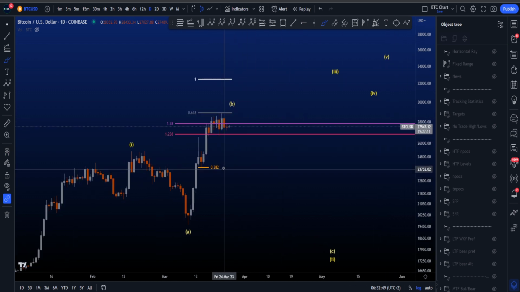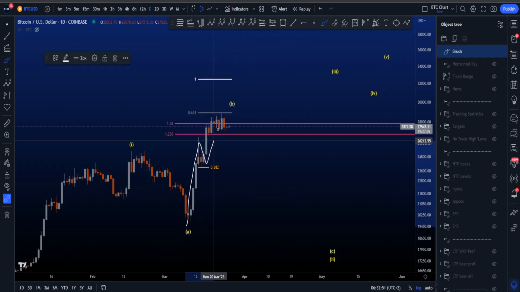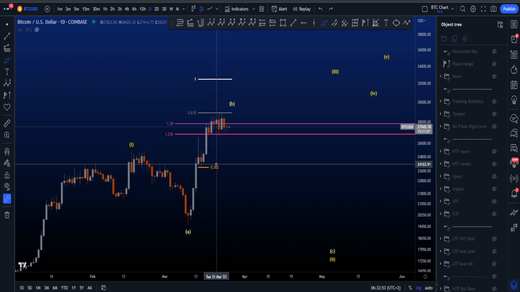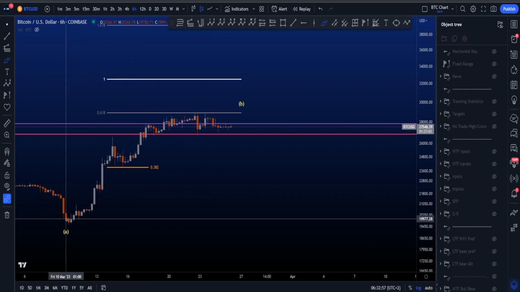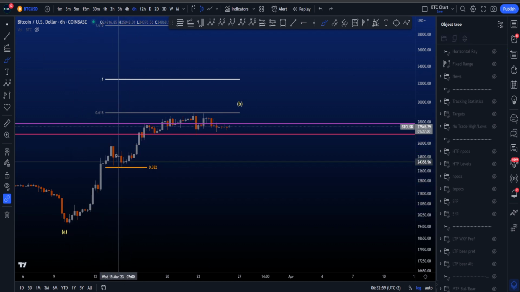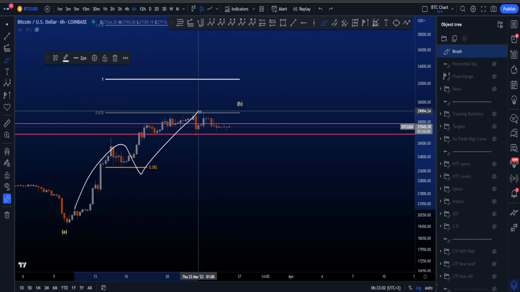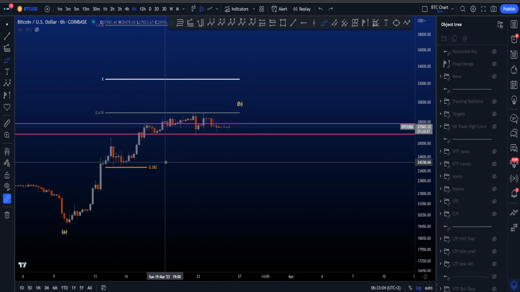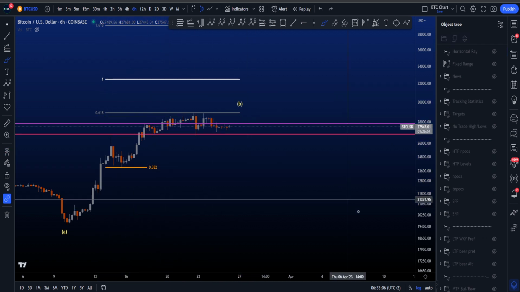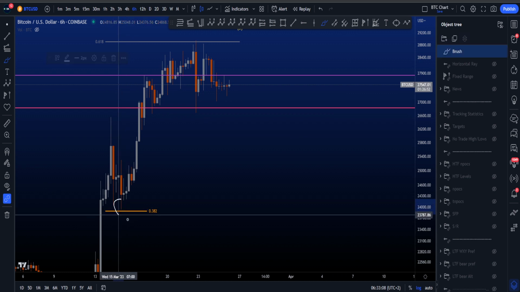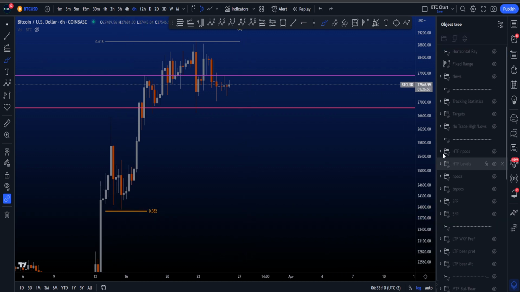The second thing is that if this is indeed an ABC zigzag, then this B wave over here, and if I go to maybe a lower time frame, you can see it. If this is a 5-wave move in wave A, B, C for a 3-wave structure in wave B, this wave B in the zigzag just missed out on hitting the, as you can see, 0.382, which is a minimum target